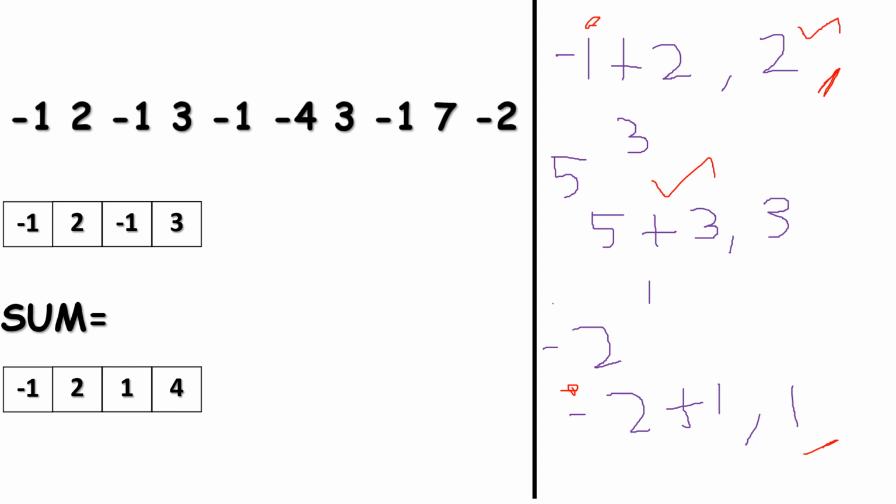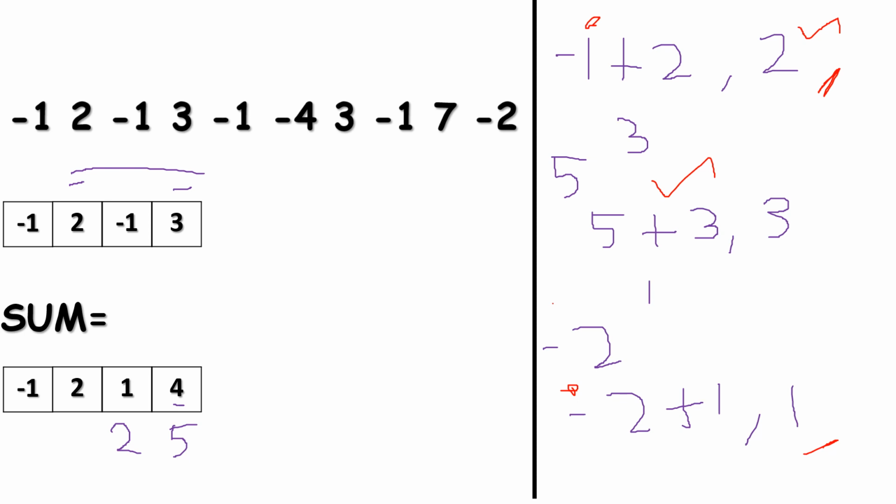Instead of adding this 2 with -1, we can directly put 2 here. Then the answer here will be 5. If we do that, then we are violating the rule of subarray, because this 5 comes from adding these two elements 2 and 3. This is not a subarray. We can't ignore the new element 1. We can add that new element with the sum already we have, or we can take that new number directly. Also, you can see that this 4 comes from this subarray.